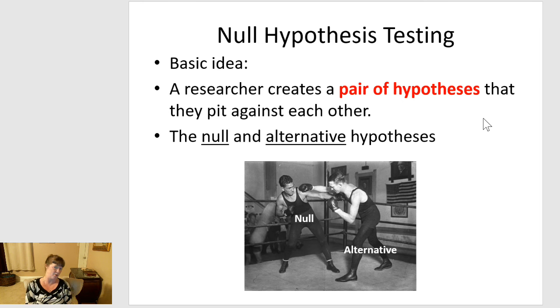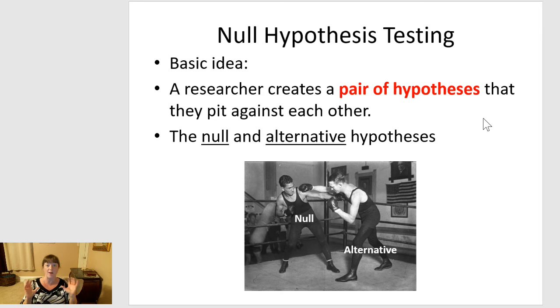So let me give you an example. Let's use that example that I've used several times. Do men and women have different amounts of aggression? Now, as a researcher, I'm always looking for things to be different. Researchers are looking to see that their new drugs change the symptoms of disease. If I'm interested in gender, I'm going to be interested in finding out that there are gender effects. If I'm interested to see if a brand new government program improves reading outcomes, I'm going to be looking for